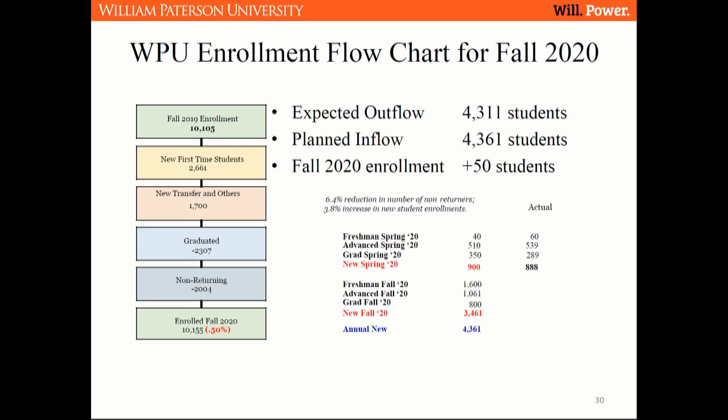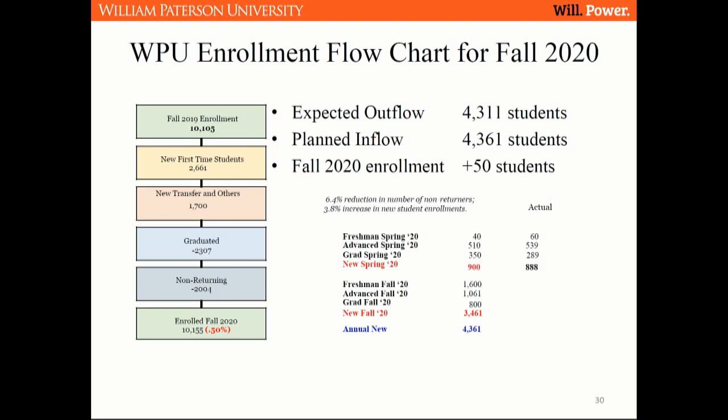We had 10,105 students. We look at the number of students that are projected to graduate, the number of students who we expect to attrit from the university, based on history, based on some trends and things that we are doing internally that might address some of these particular issues. And we arrive at the number, the number of new students needed to meet the goal,